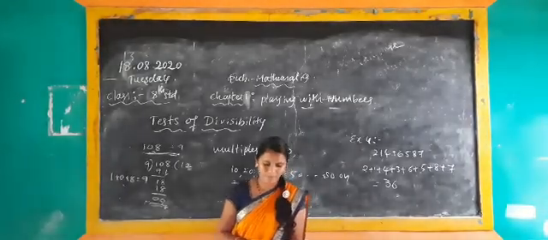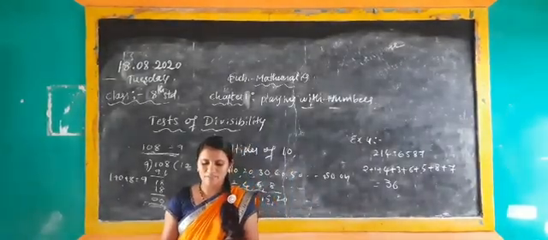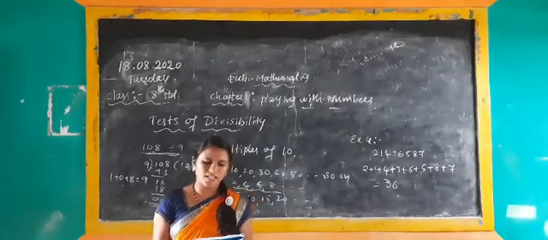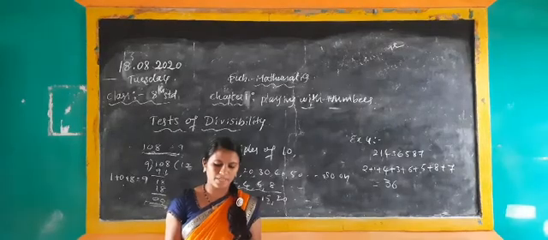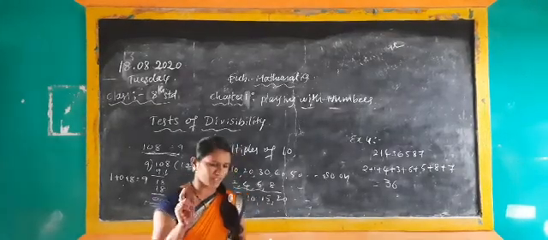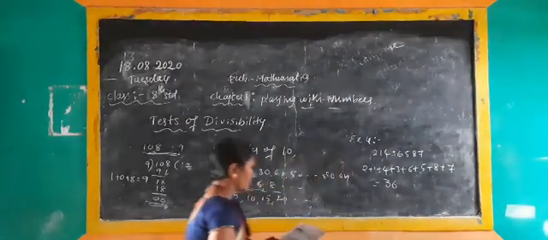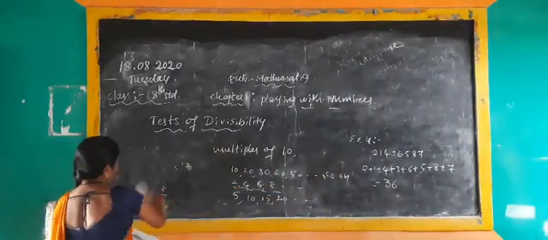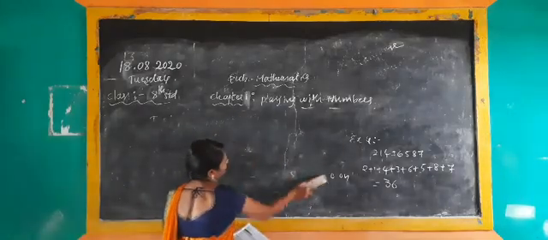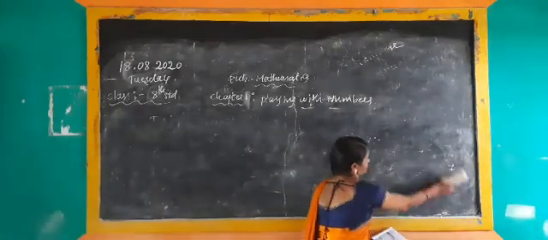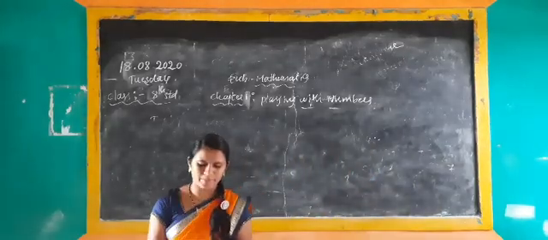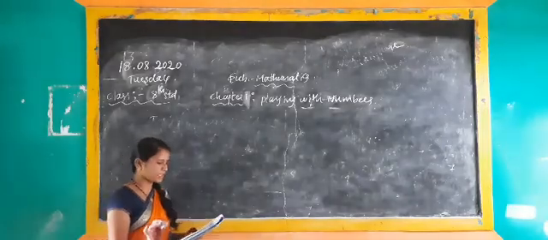Here exactly this is given in example 4, clearly. And example 5 is also the same: check the divisibility of 152875, that is 1,52,875, by 9. Here also you have to check whether it is divisible or not. Next, try this, page number 11. Take this as homework. Check the divisibility of the following numbers by 9. You have to check whether it is divisible or not.